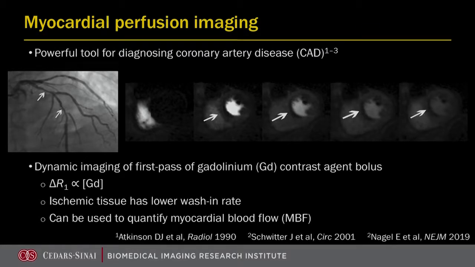All right, so myocardial perfusion imaging is, of course, a powerful tool for diagnosing coronary artery disease by looking at the downstream effect of myocardial ischemia. It's done by performing dynamic imaging of the first pass of a gadolinium contrast agent. And the delta R1 changes in proportion to contrast agent concentration, and it can be used to quantify myocardial blood